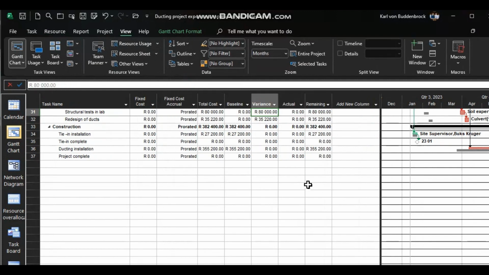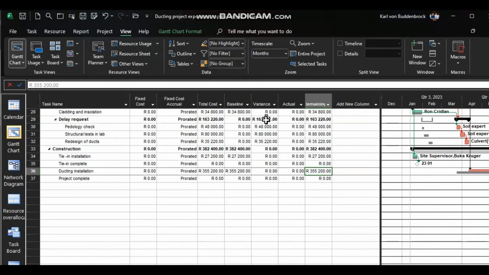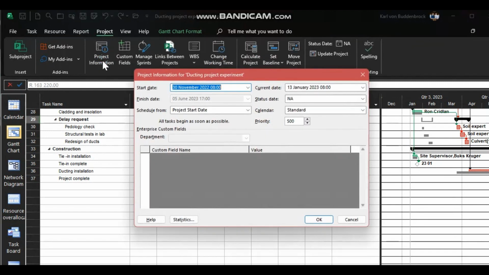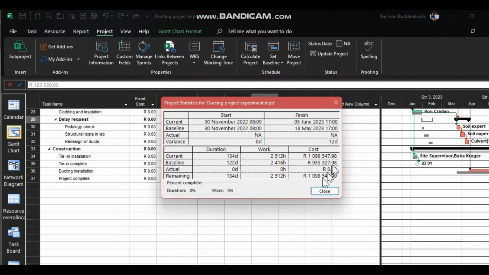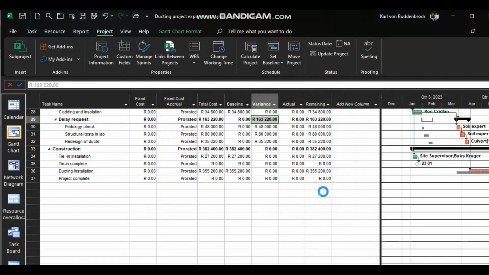All right, so we've got, here we go, variances over here. All right, delay request amounting to that amount, and that of course would also be reflected over here. There we go, 1.098,935. Okay,